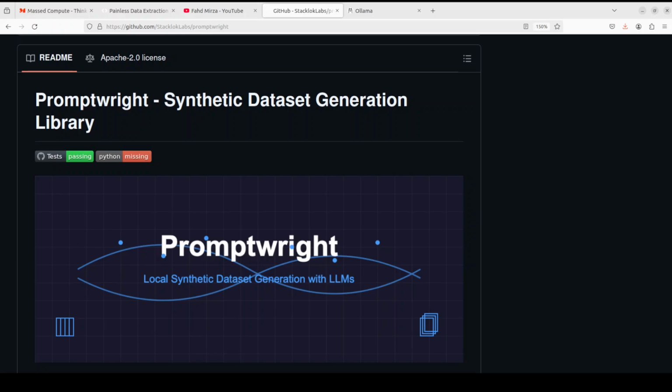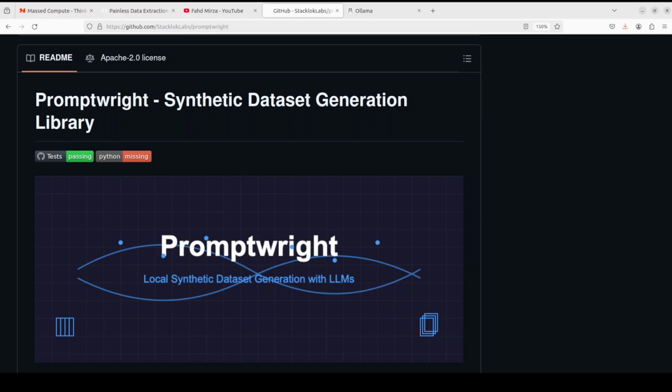If you are generating a few lines in the data set, like 100 or 50, then the cost is manageable, which would be still a few dollars or maybe